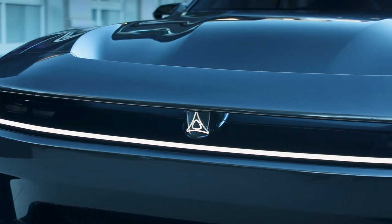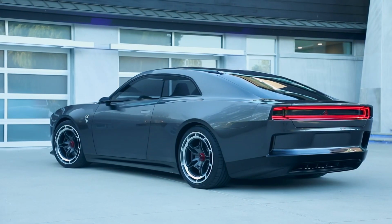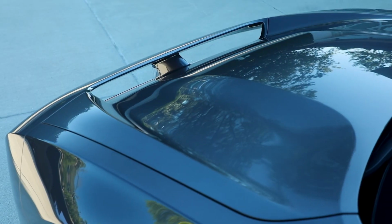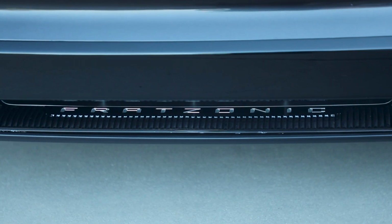So we're coming with an all-new design. It is going to be the slipperiest car that still looks like a muscle car. We incorporated the designs from the original Charger Daytona, aero treatments on the front end, but it still looks like a proper muscle car. We added sound back into the car with the patented Fratsonic chambered exhaust system,